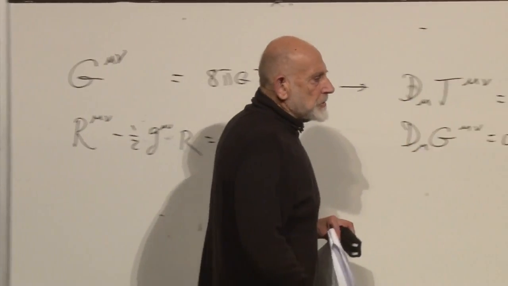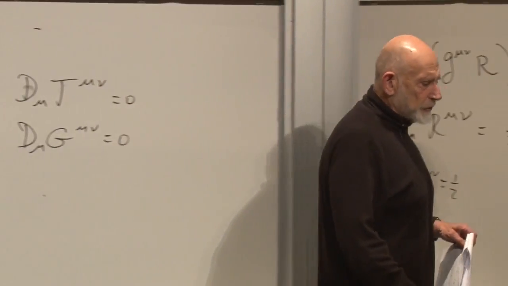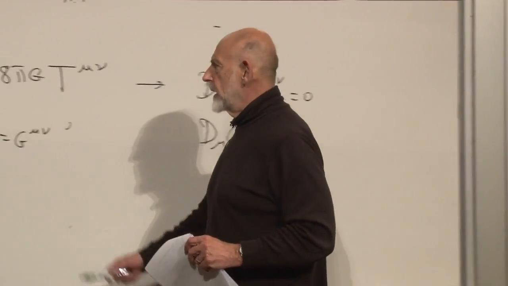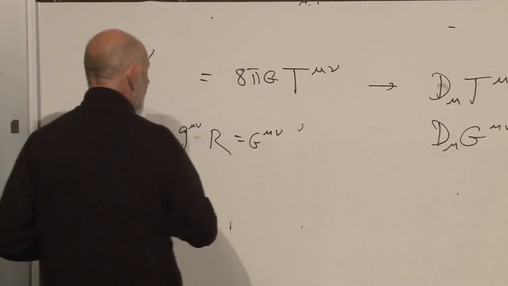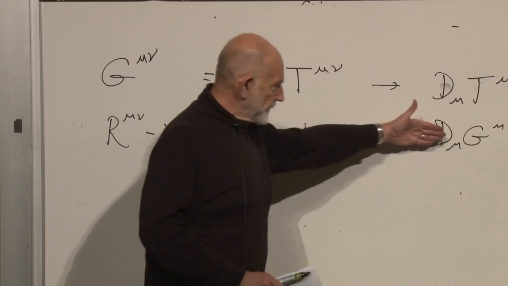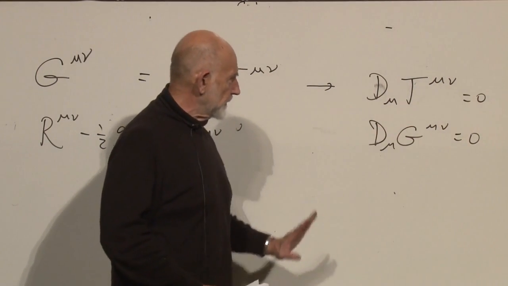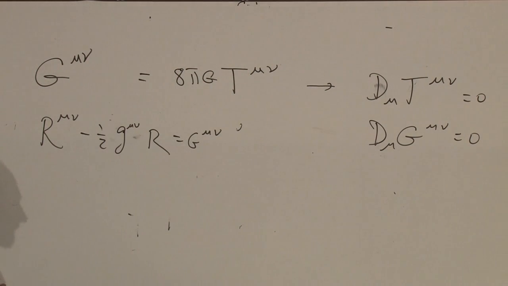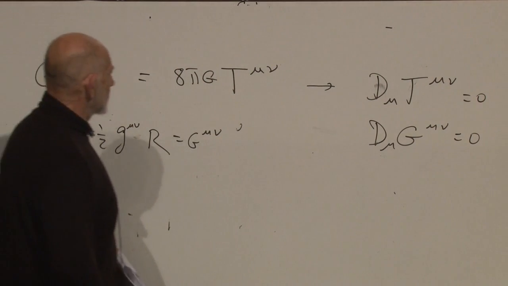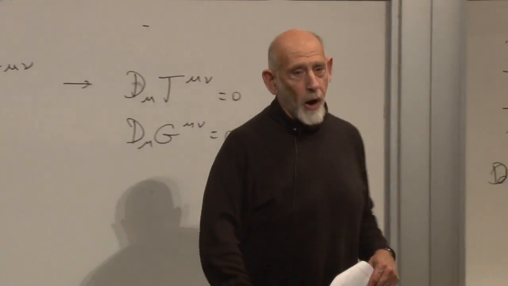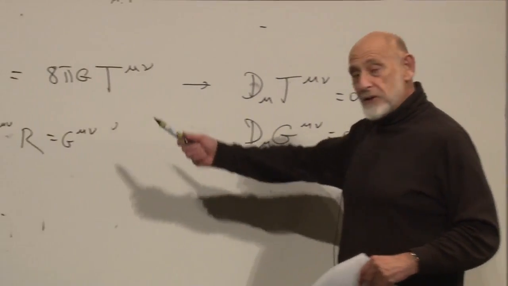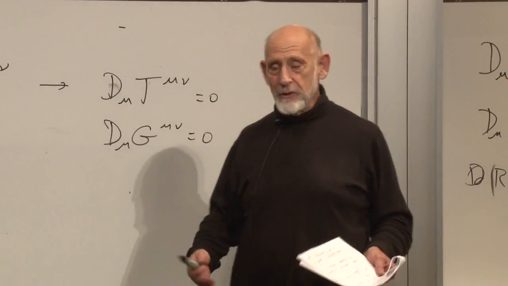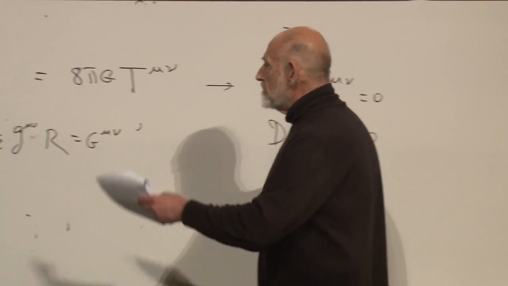It's a theorem that there is nothing else made up out of two derivatives acting on the metric that has the property that it's covariantly conserved. This would be called covariantly conserved. There just is nothing else. So either, I take it back, of course, you could have twice it, or half of it, or 17 times it. But now it just becomes a question of matching